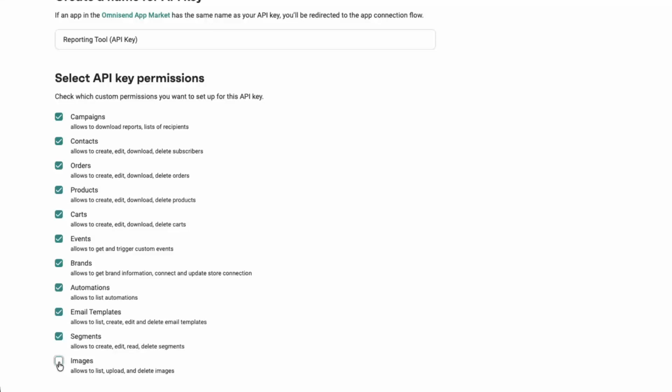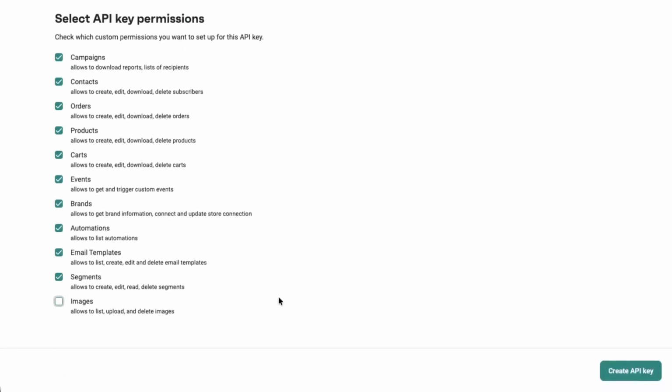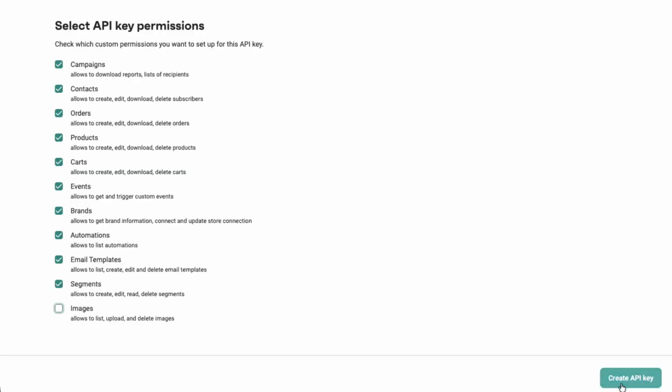Once you've named the key and chosen the permissions, scroll down and click on Create API Key. Omnisend will generate the key for you. Be sure to copy it and store it somewhere secure, because this is what you'll use to connect Omnisend with other platforms. And that's all you need to do to find and create